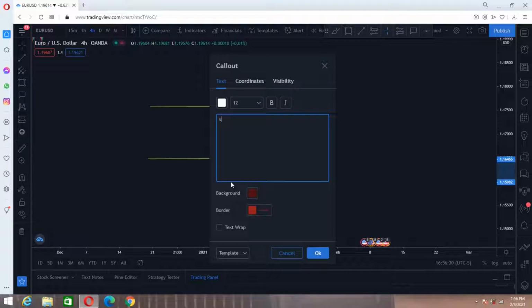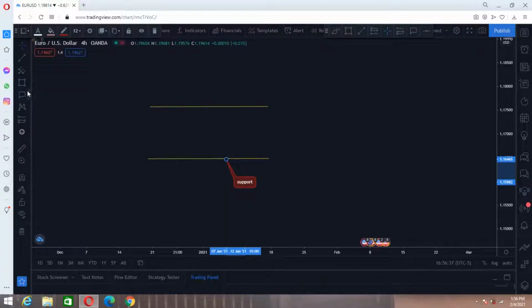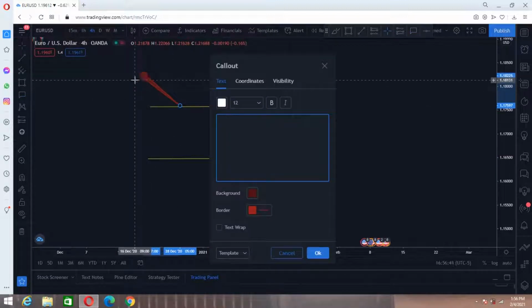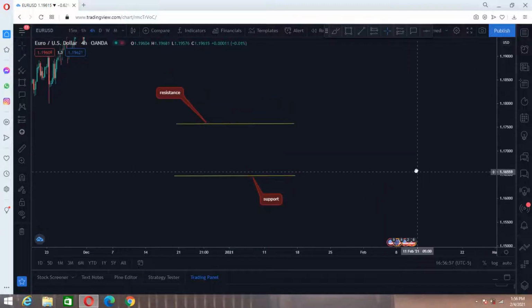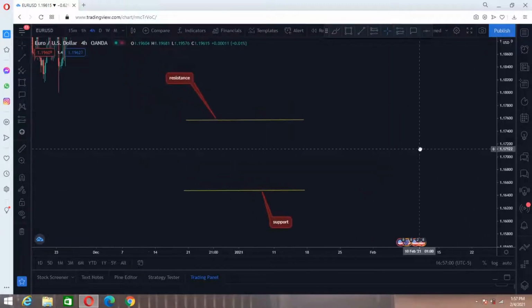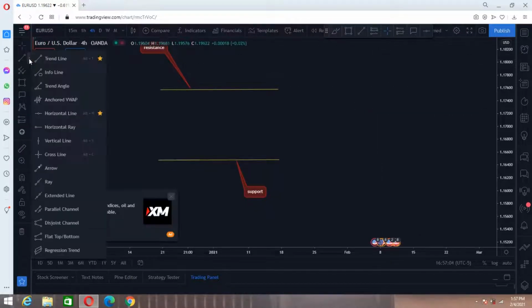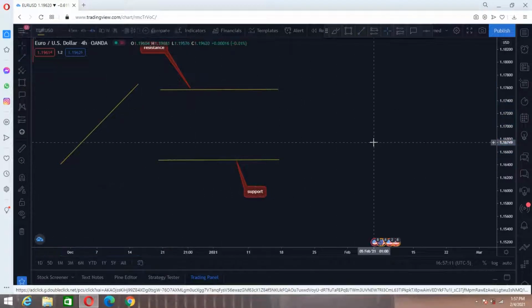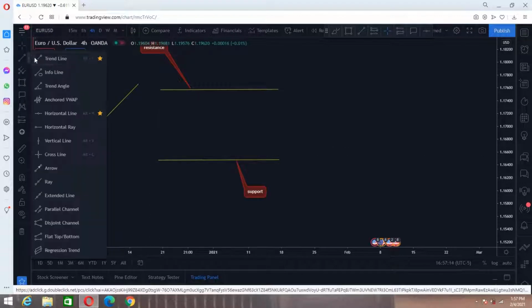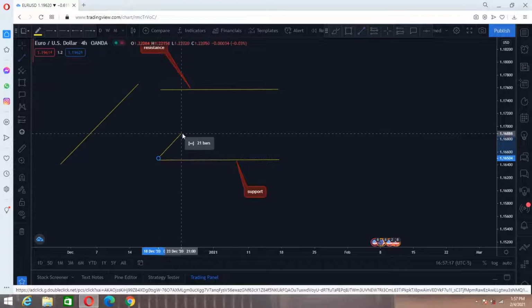So this is our support, and up here is our resistance line. So this is our support, this is our resistance line. So I just want to show you guys how the market moves. People think the market just moves like this, it just shoots straight to the upside. So it doesn't move like that. The market moves in waves, moves with an impulse,